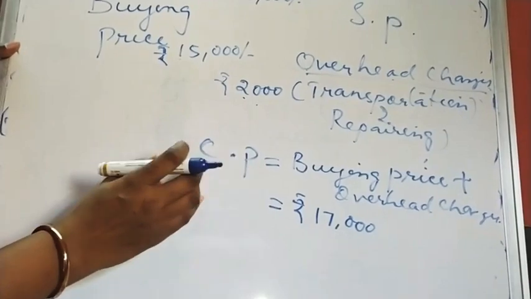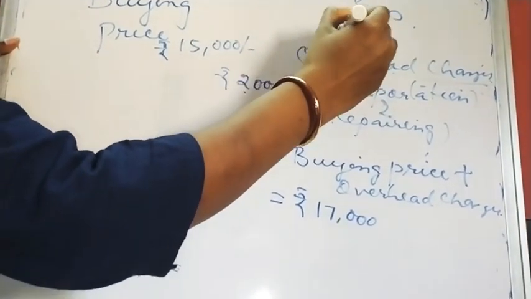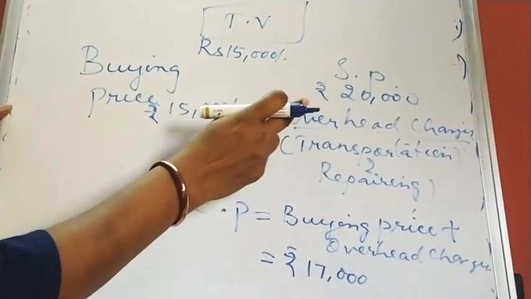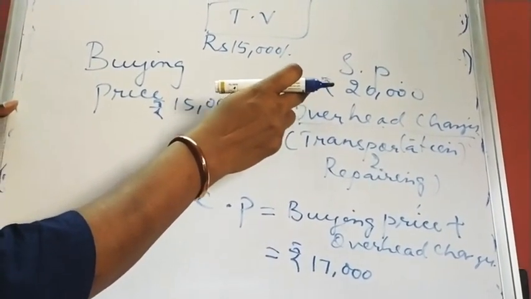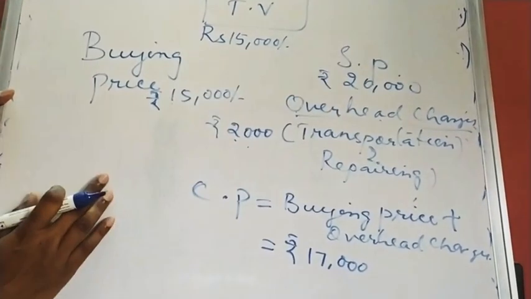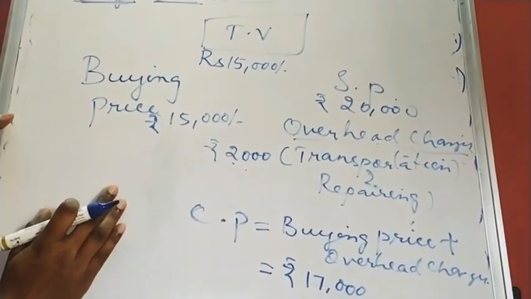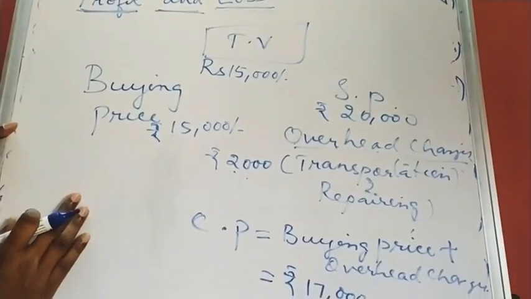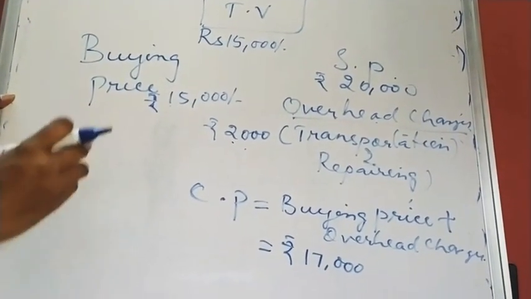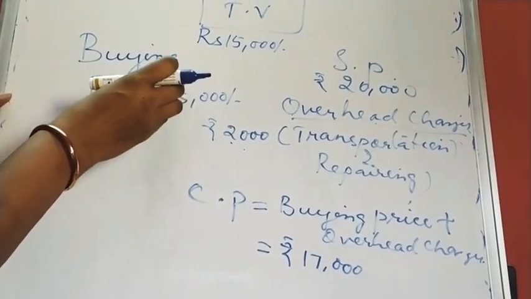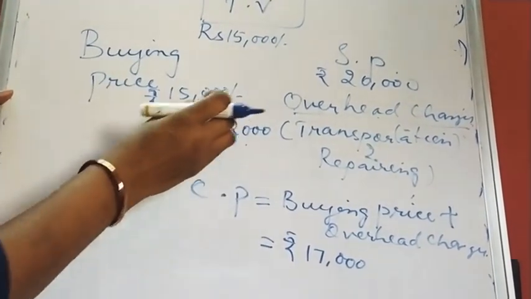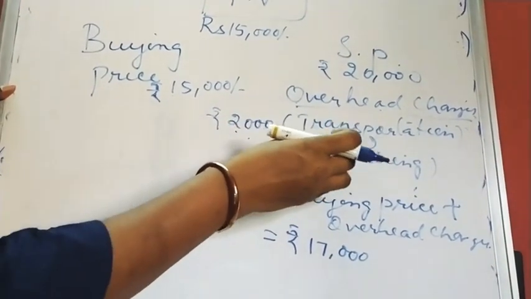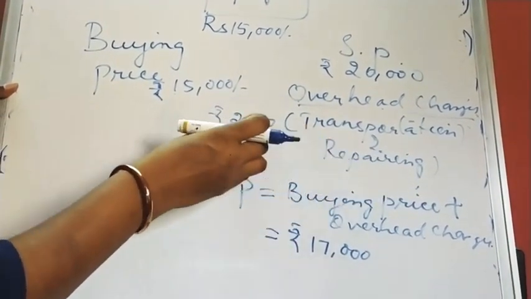So suppose he is selling the article at about rupees 20,000. So selling price is the price at which the article is sold to the customer or to a second person. So the selling price is rupees 20,000. So what do we know from this? We know that the buying price is the rate at which the article is bought. The overhead charges are the charges that he is spending, or the transportation and the repairing charges that he has spent,